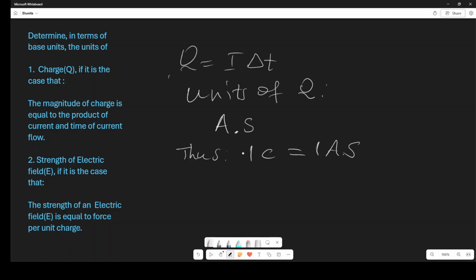So that is 1 coulomb of charge, which is denoted by C. And this is 1, by the way. Okay. We'll just do that, right? But